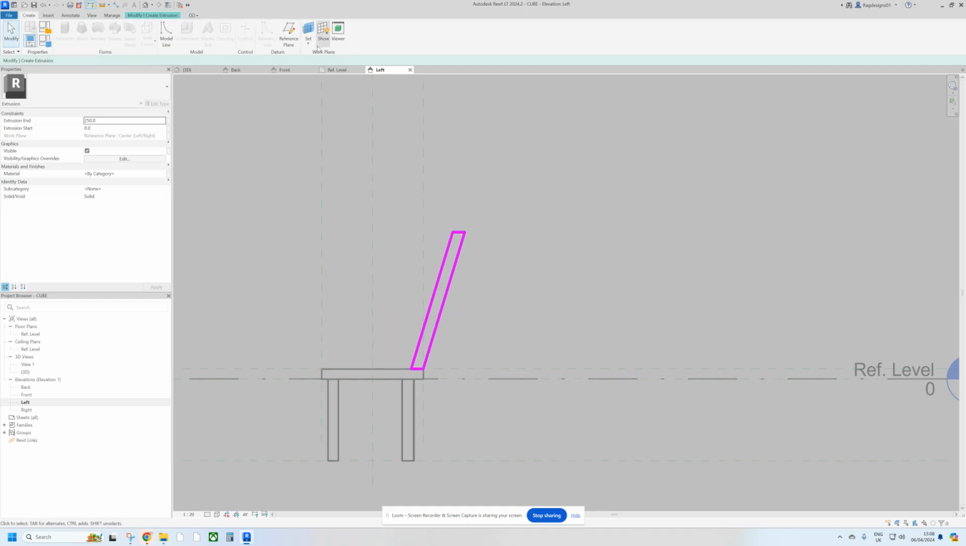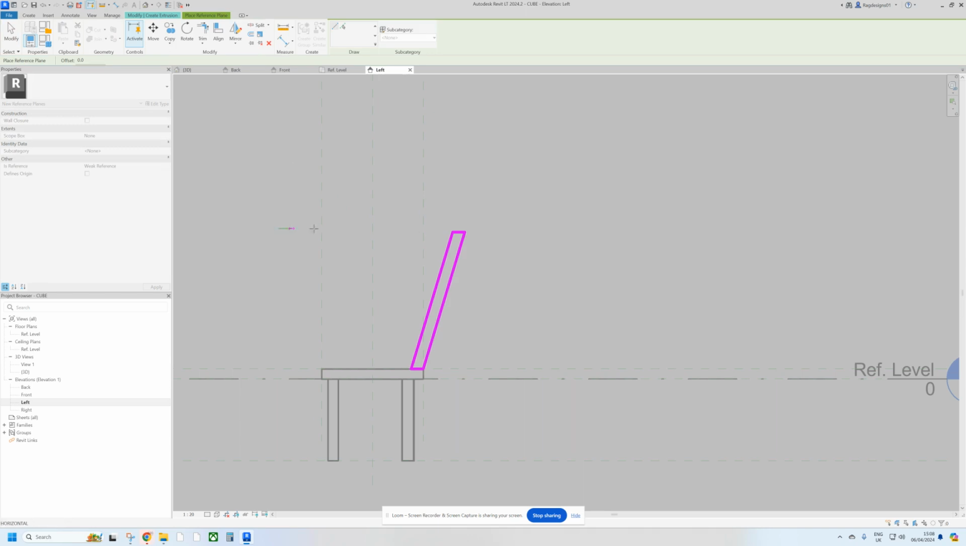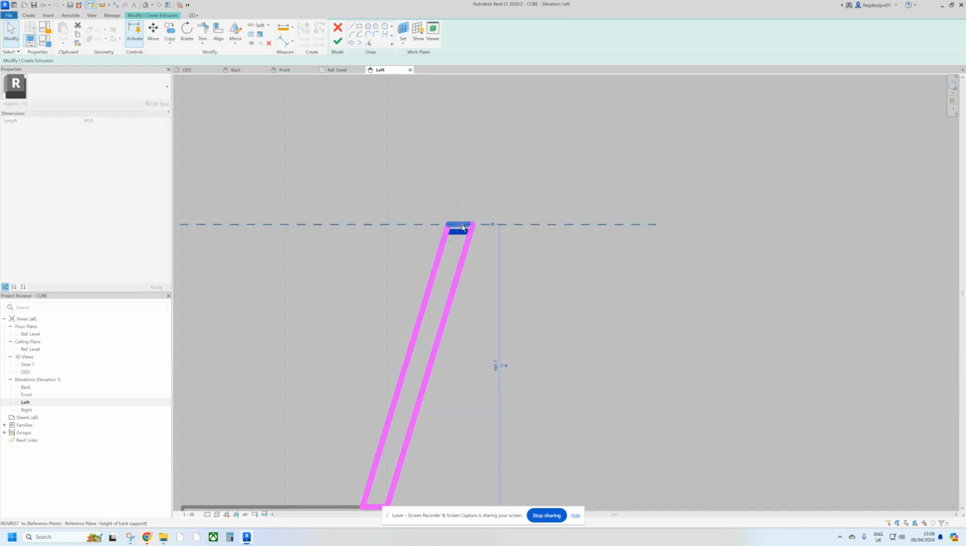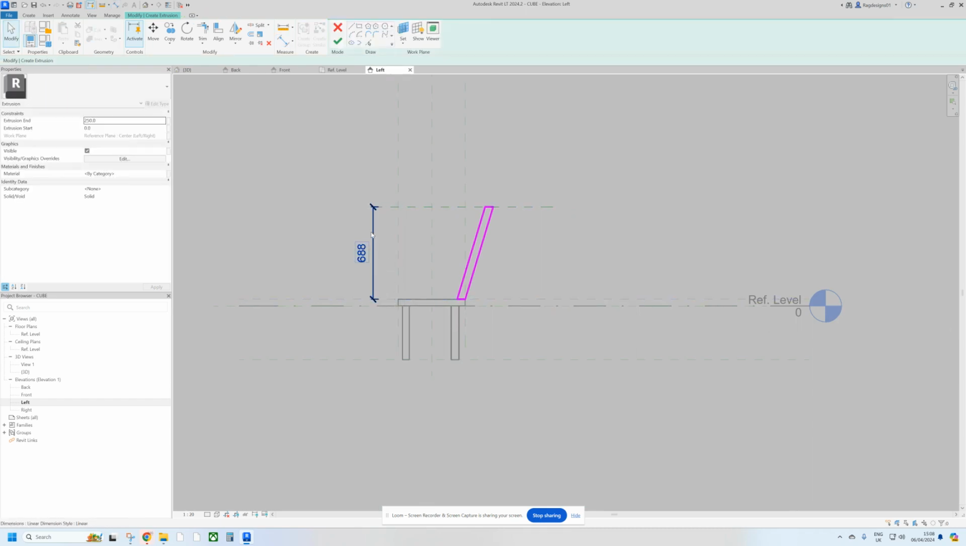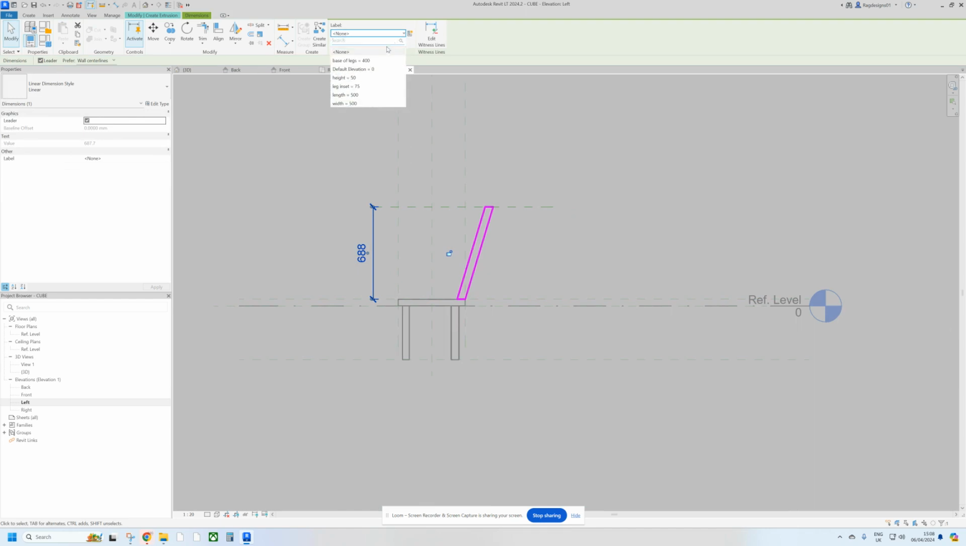And we can bring in a reference plane, which is there. We'll call that height of back support. A little bit more technical. And we can bring that up there like that. Snap that there. And we'll add a dimension in there like that. Click the dimension, and